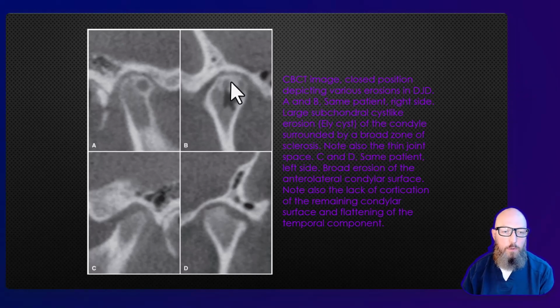Here it is in the coronal view. So same thing, well-defined. It's round. It's right against that joint surface, and that's just a subchondral cyst. This one shows